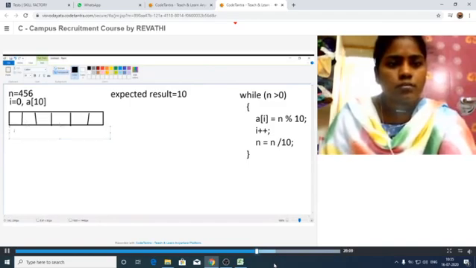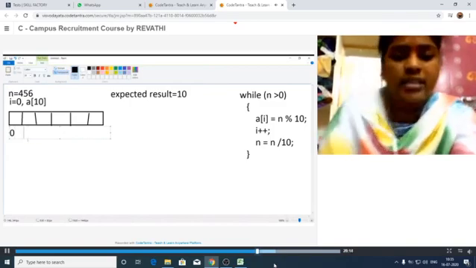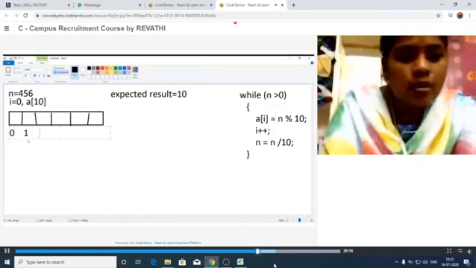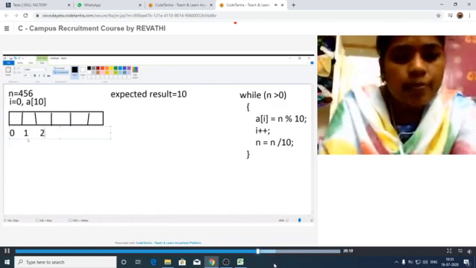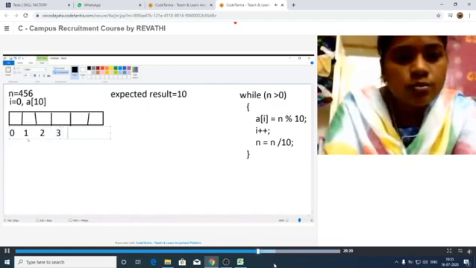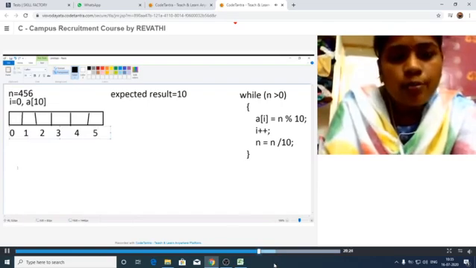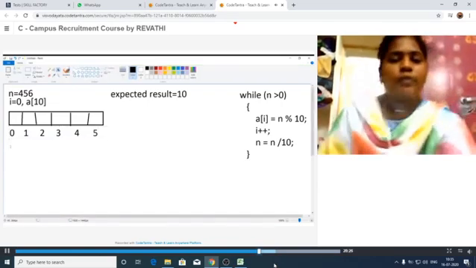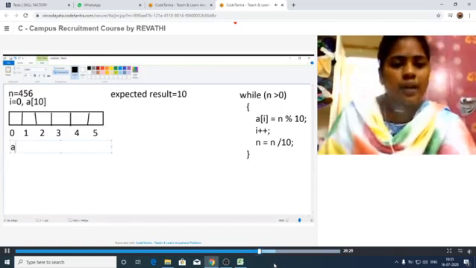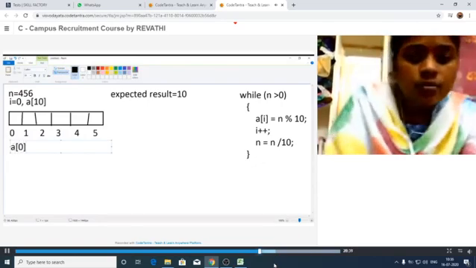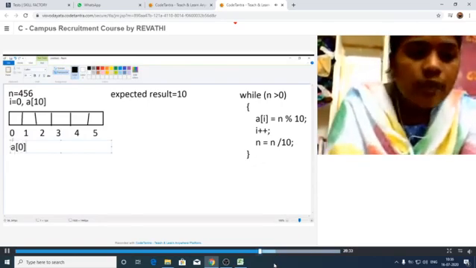So here the array index starts with 0, 1, 2, next 3, 4, then 5. Whenever we are writing this, we can write it as A of 0. The first value can be stored at the index A of 0.